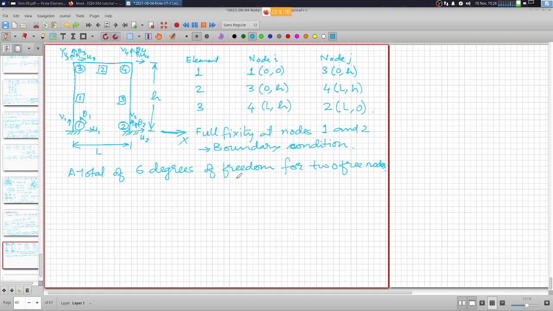Right? Now, out of these 6 degrees of freedom, let us look at the kinematics between them,